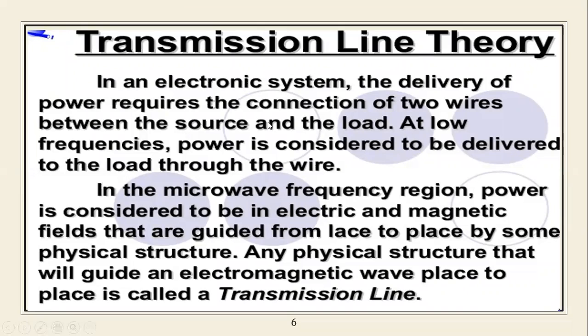So the two-wire parallel connection will be used as the transmission line to get the benefit. For long distances, we take the benefit of the transmission line, which is the physical two-wire line. For transmitting the signal from one place to another place over a large distance, we prefer this as one of the mediums. With the help of transmitting and receiving antennas, the signals travel in between with the help of this transmission line.